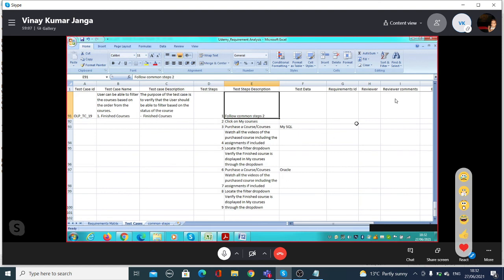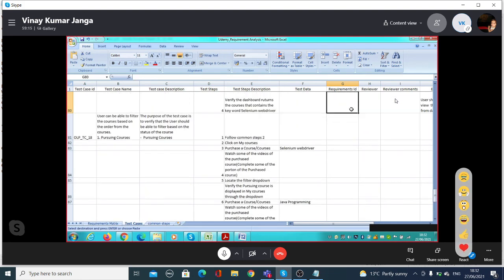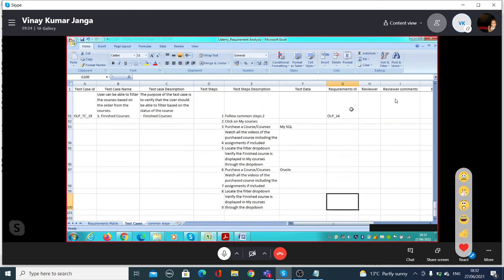Okay, this is finished. Here the reviewer will review and put a comment. When we execute it, we will put the expected result and actual result. The actual result when we execute it, but the expected result we have to put when we design the test cases only. Okay, next we have to complete the requirement.